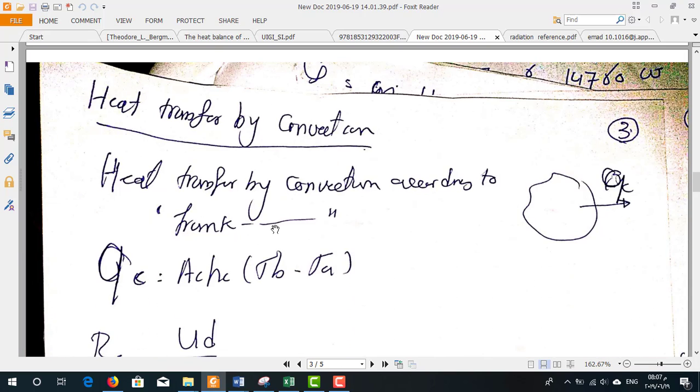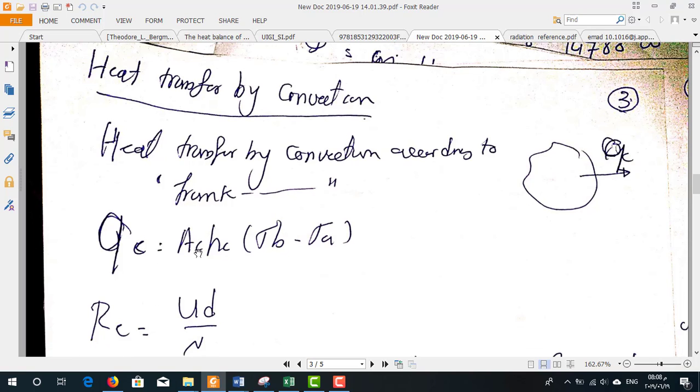The second type of heat transfer from the sphere to the surrounding is convection. And convection mainly depends on the difference in temperature between the temperature of the surface and the temperature of the surrounding. As you can see, QC equals AC multiplied by HC multiplied by TB minus TA. This is the surface area of the sphere, and H is the heat transfer coefficient, and TB is the temperature of the surface of the sphere. TA is the temperature of the